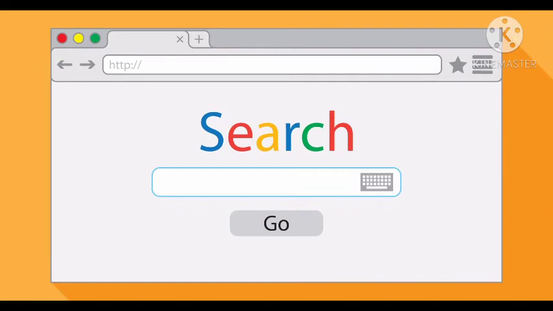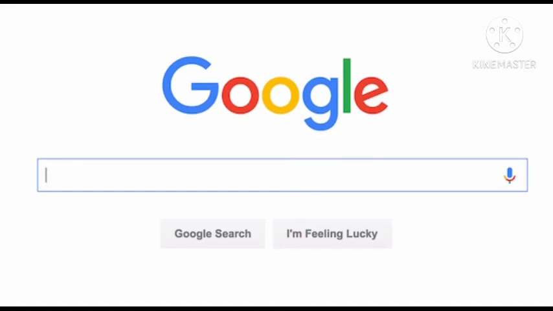A search engine is a software system that is designed to carry out web searches, which means to search the World Wide Web in a systematic way for particular information specified in a textual web search query. The result that you get is a list of links that match with the keywords. Search engines vary in the way they find and list the content on the web.